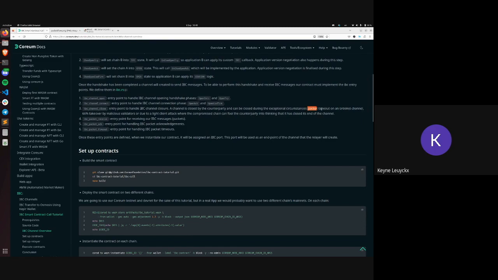So this case will never happen. And the second scenario would be if the other chain is taken over. Basically, if there is a 66% stake, a malicious validator is taking over the chain. So imagine a chain is compromised, then basically IBC has some security measures in place that it will close the